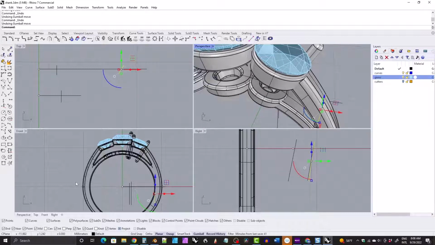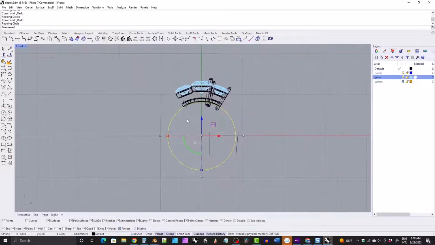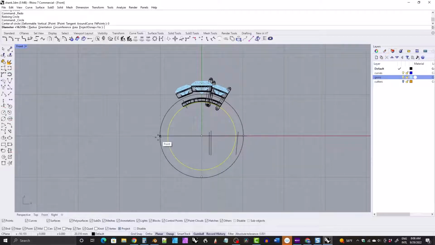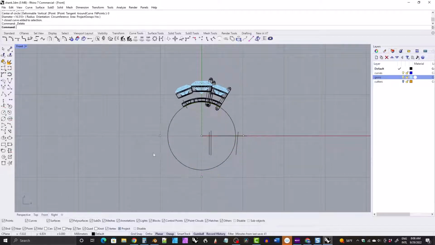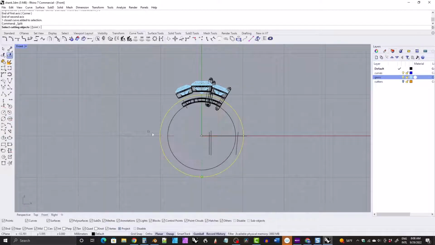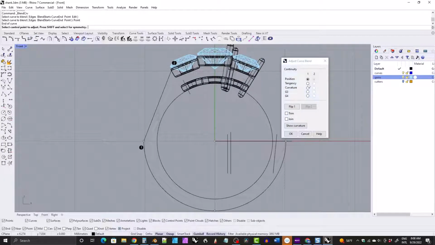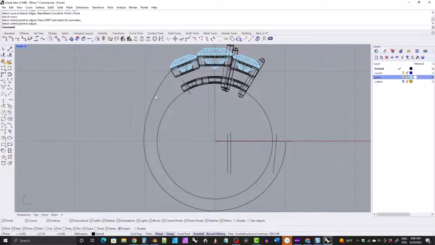So we're going to go back. At least I'm going to. You may not have to, like I said. Okay, so I'm going to lay in an ellipse. Oops, that was not an ellipse. Here we go. And we're going to split that by these two points right here. And then we're going to blend from here and then point in the command line. We're going to click on this point here. Make sure we've got it set to tangency, and we'll mirror that across,